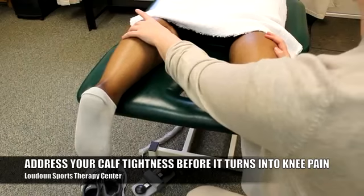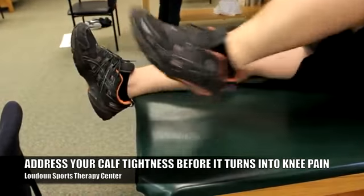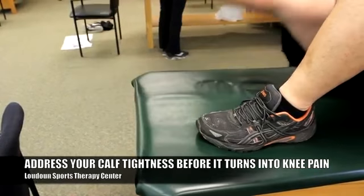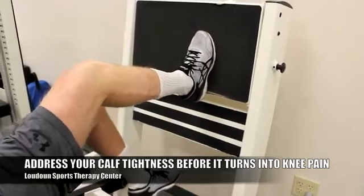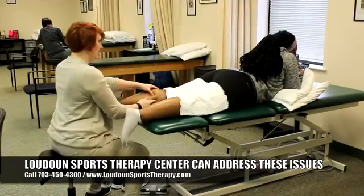So if you're dealing with any type of issues, even if you're at the beginning stages where you just have tight calves and it doesn't seem to be going away, or if you're at the end stages where you have knee pain associated with tight calves and everything is just a disaster,